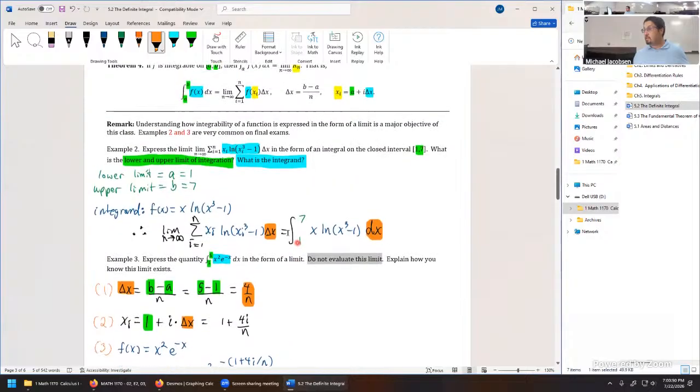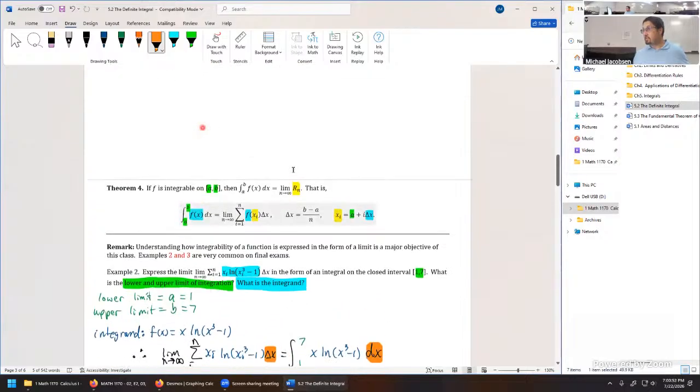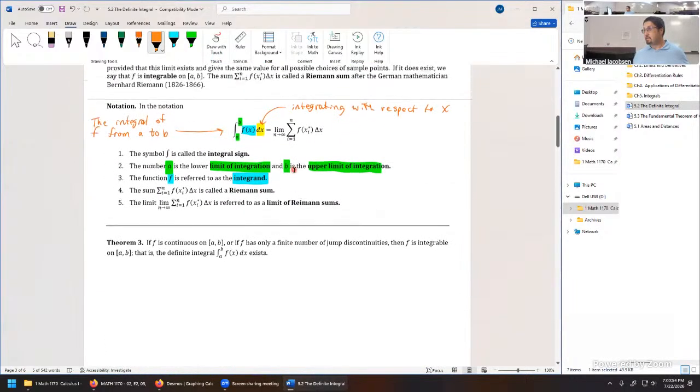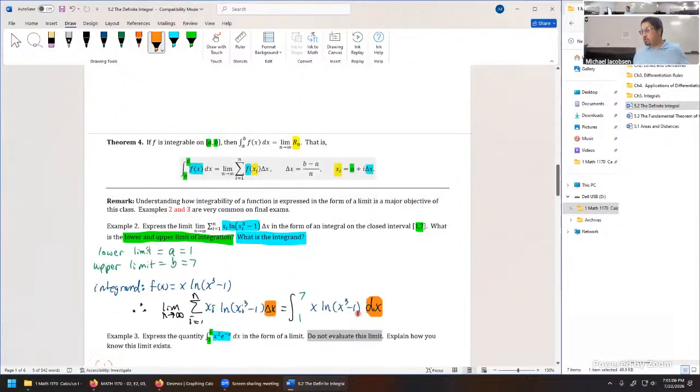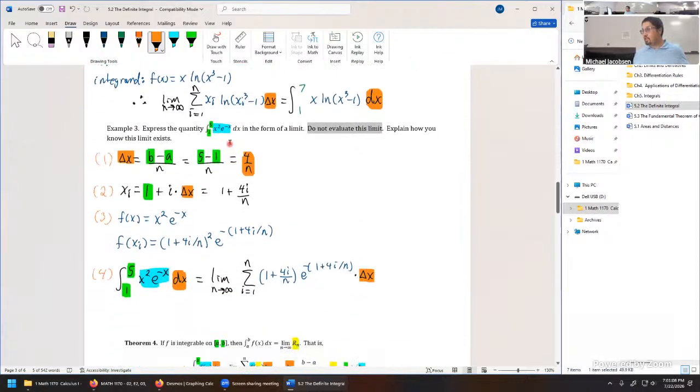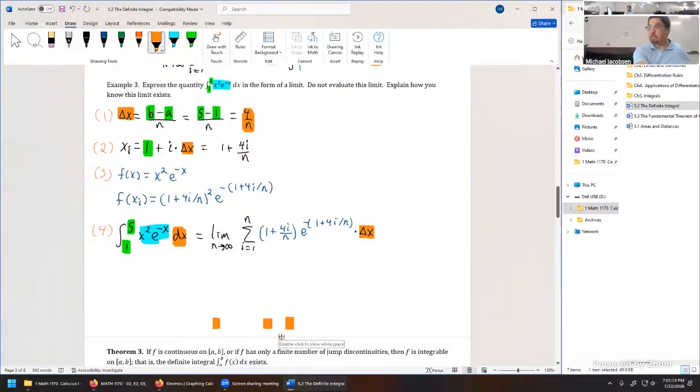The theorem over here told us if f is continuous on a closed interval, then f is integrable, which is another way to say the integral exists, which is just another way to say the limit exists. So we started with the continuous function. This is continuous on the entire real number line. So that means we can now say the limit exists